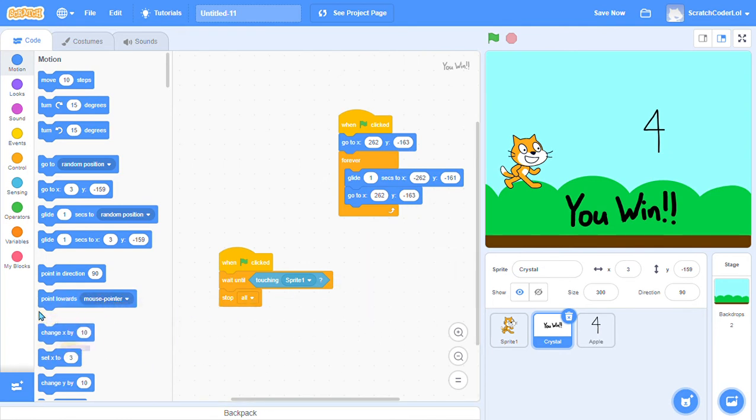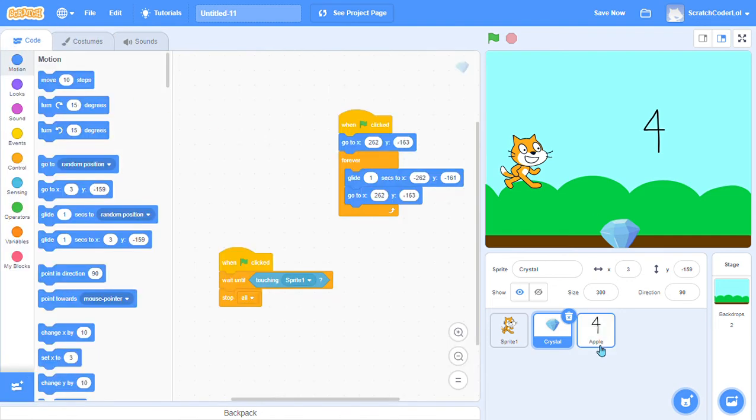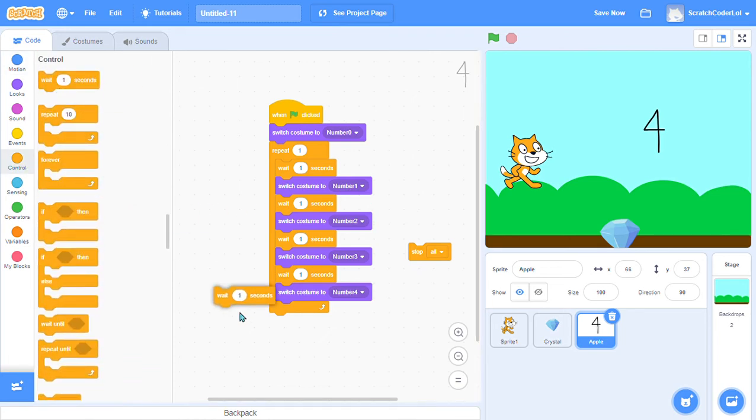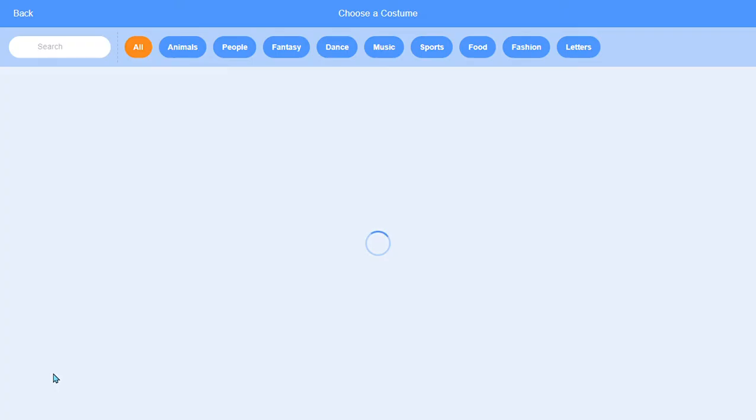We could just delete this whole entire thing, and delete this second too. And then we could remove the stop all for now, we're just gonna put it right there, and we're gonna do wait 1 second, and we're gonna go to looks, and we're actually gonna go to costumes,